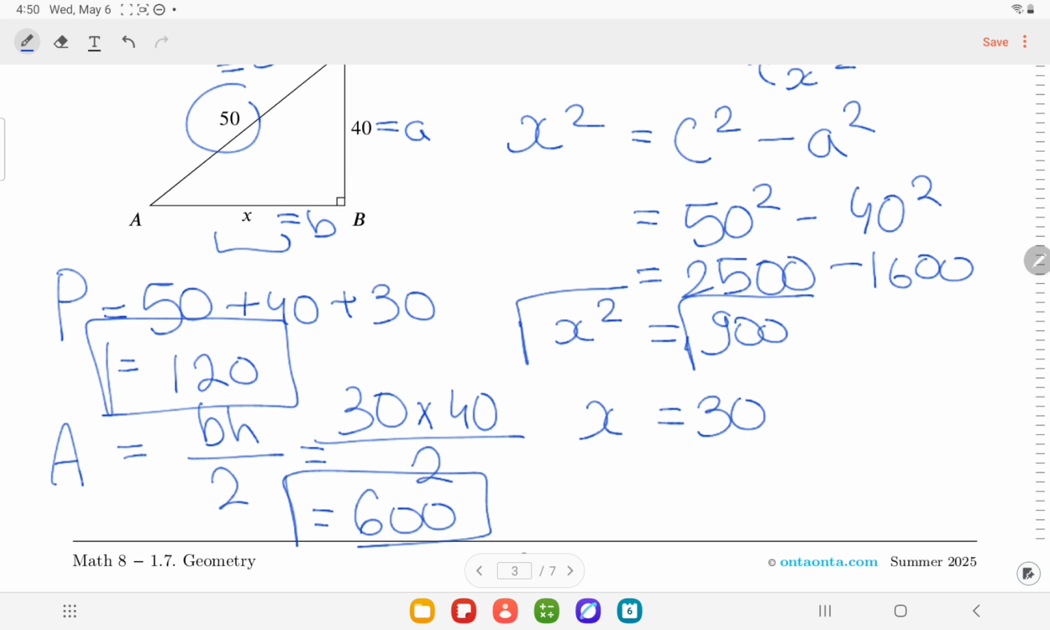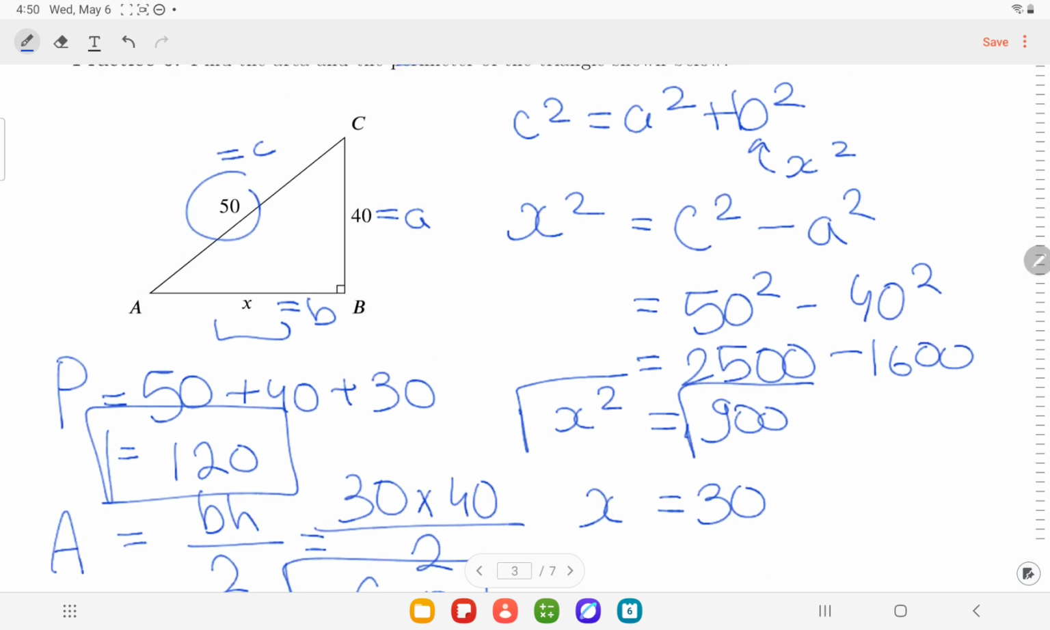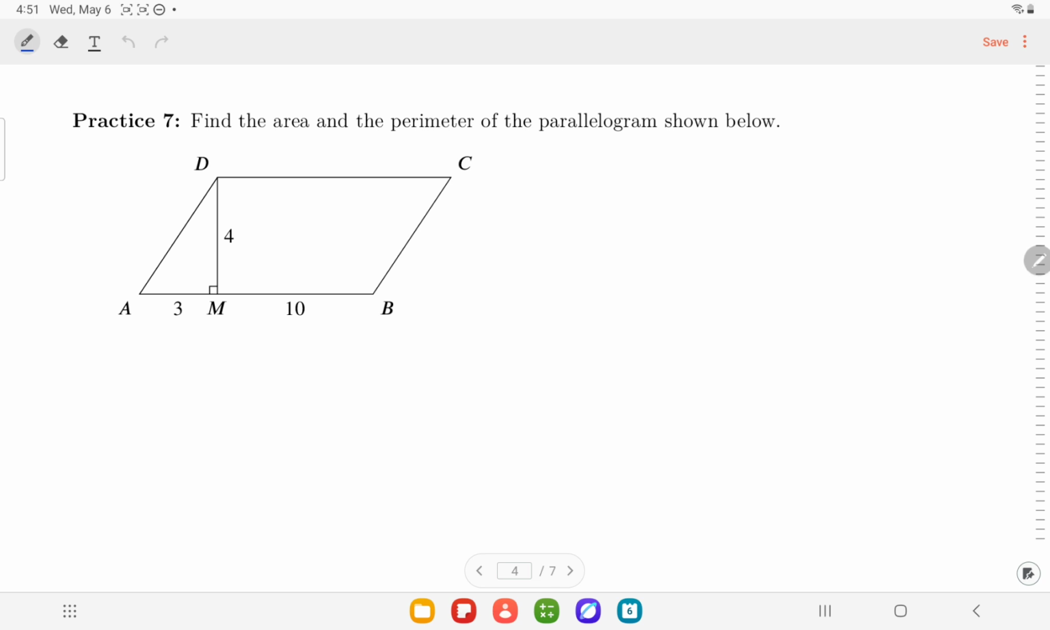So that's how we find our area and perimeter from a triangle. Now we're going to try and find the area and the perimeter of a parallelogram. So in a parallelogram, these sides are equal and these sides are equal length as well. So to find the area, it's the base times the height, and the height is always this perpendicular height here,